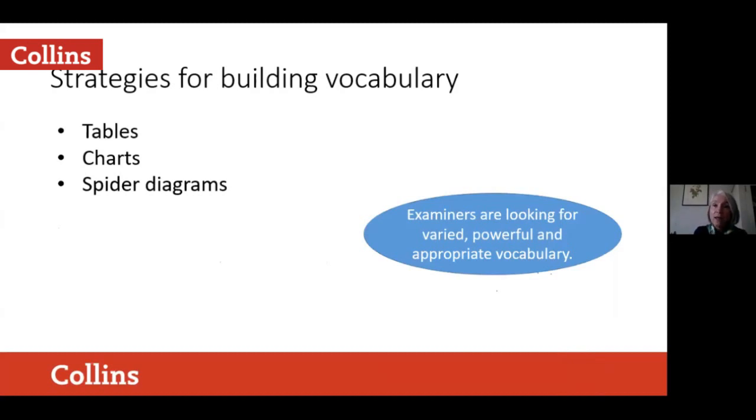So how they write their answers in the reading comprehension papers and how they write in the creative writing papers. And we can use a range of instances to help students actively learn and master vocabulary. There has been some research into vocabulary skills, and it has been estimated that students need to encounter and use a word at least